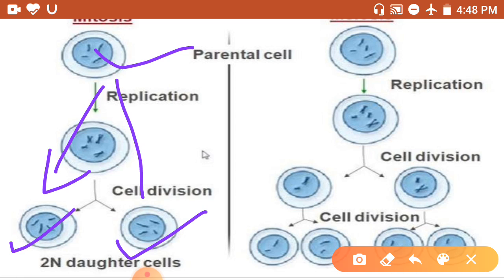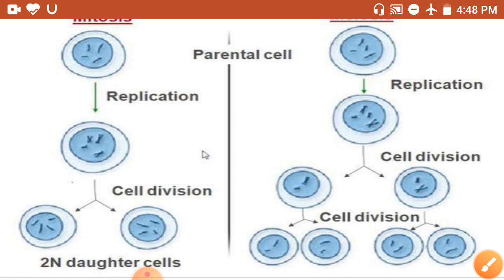Specific cells in the reproductive organs or tissues of animals and plants divide to form gametes, which after fertilization give rise to offspring. They do not divide by the same process. They divide by a different process called meiosis, which involves 2 consecutive divisions. When a cell divides by meiosis, it produces 4 new cells instead of just 2. These new cells have only half the number of chromosomes of the mother cell.